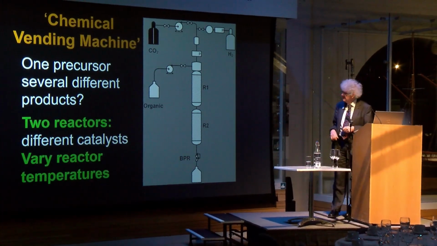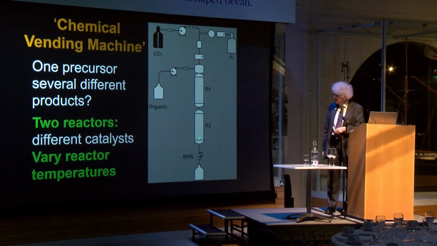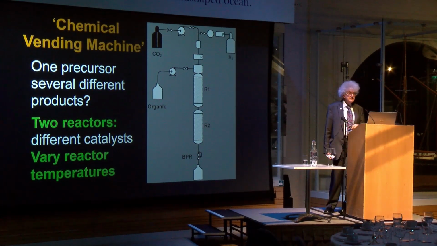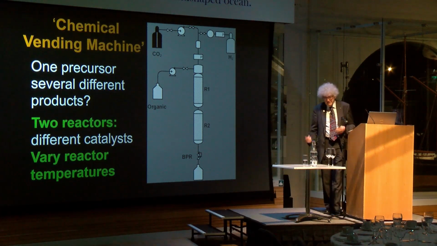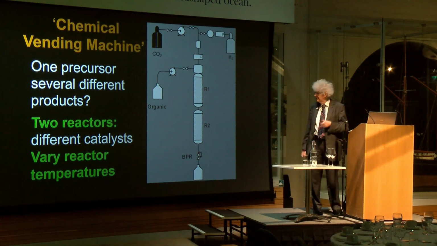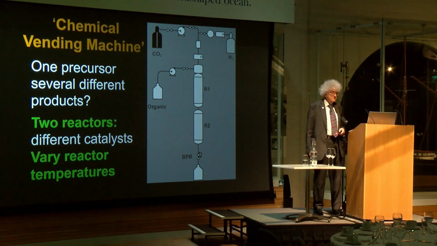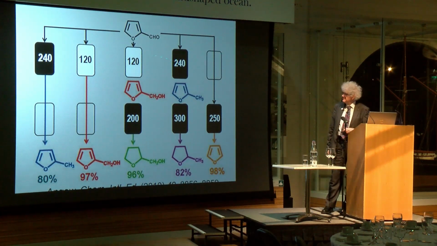Because if you think about it, if you have a catalyst, a reactor, or two reactors in series, you can either have this one warm, or that one warm, or you can have one switched off and the other one on. And so there are three possibilities. If you put in our catalyst, which works at two different temperatures, then you get 5 different possibilities. And so my student Jamie Stevens,